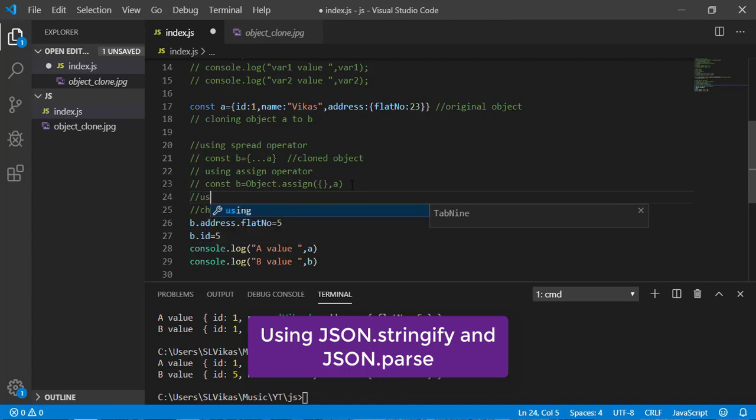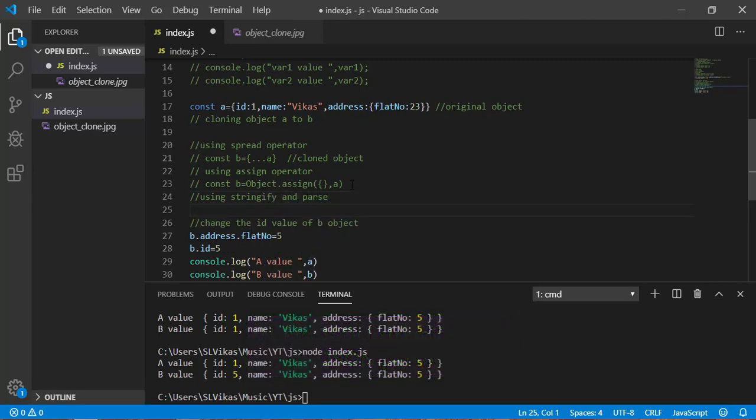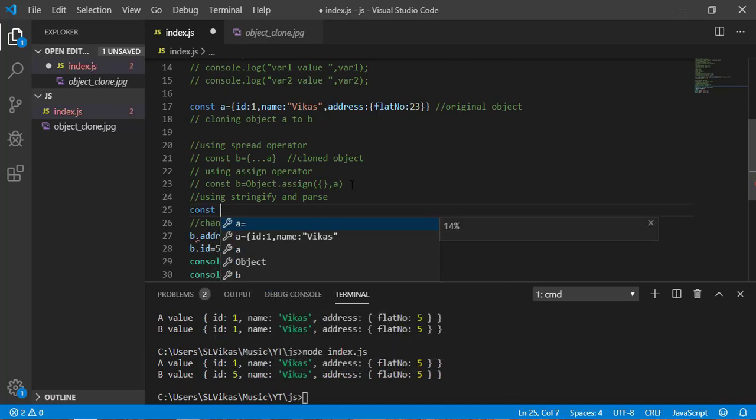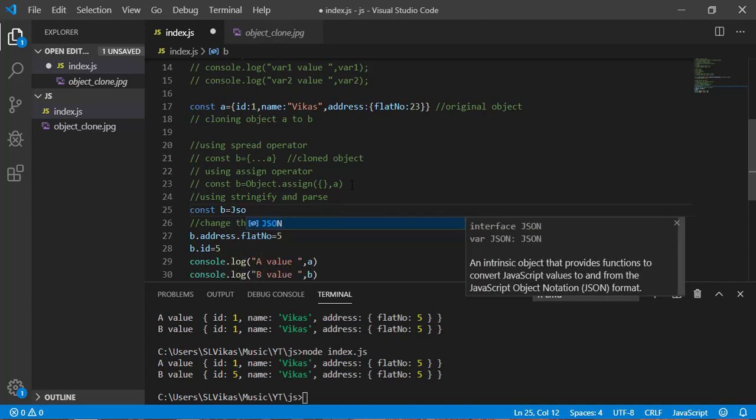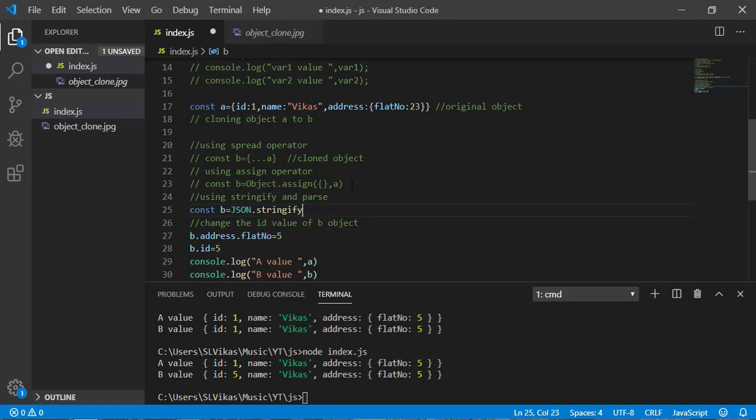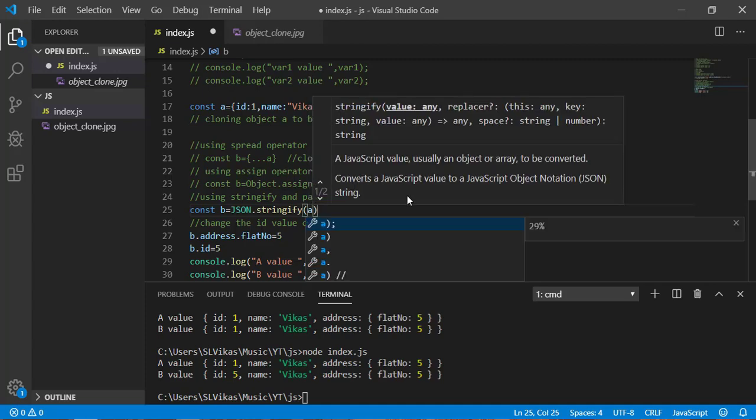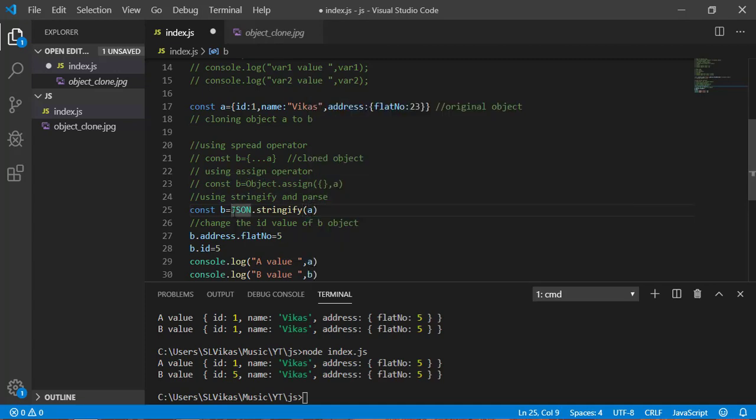Using stringify and parse. So what you have to do? First you have to create a variable b and first stringify your object. JSON dot stringify a. Okay, and now once again, JSON dot parse and assign to this variable b.